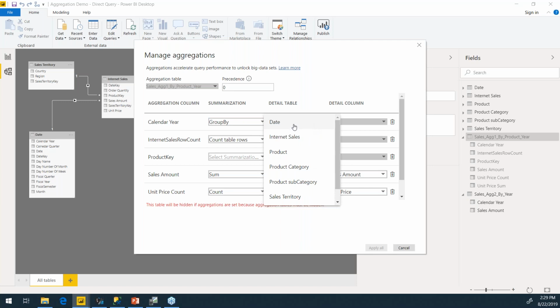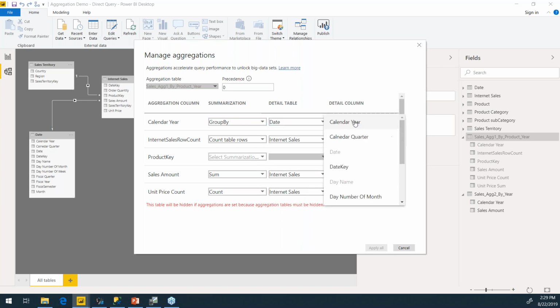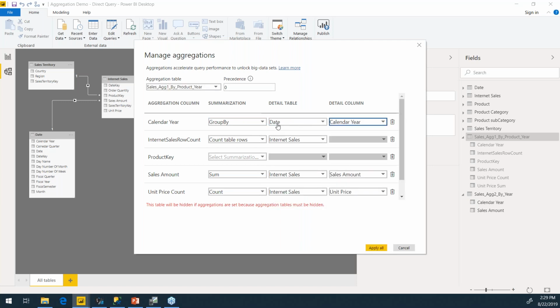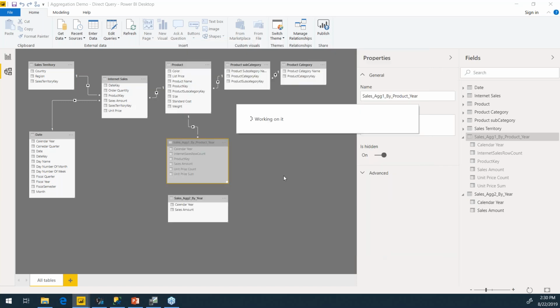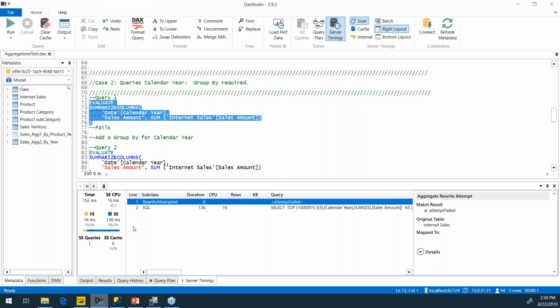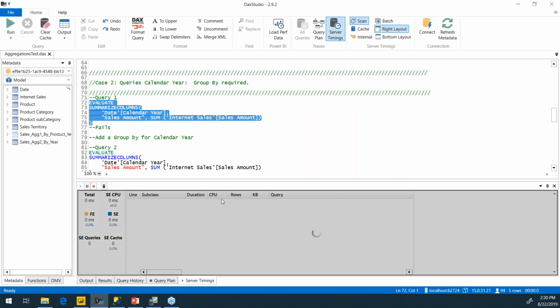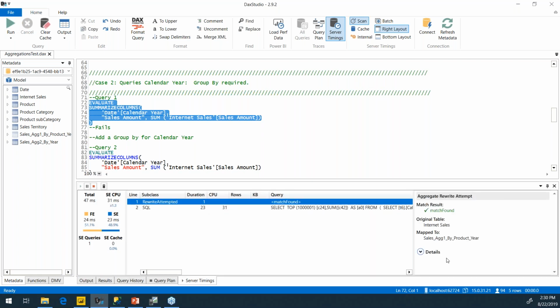And I'm going to tell it that if you get a query that's asking for the calendar year of the date table, use the calendar year of the aggregation table. Now that I do this, if I go back to my DAX query and I run it, it's able to use the aggregation because now it has the mapping.